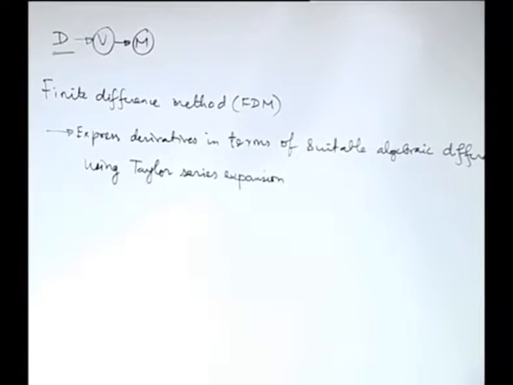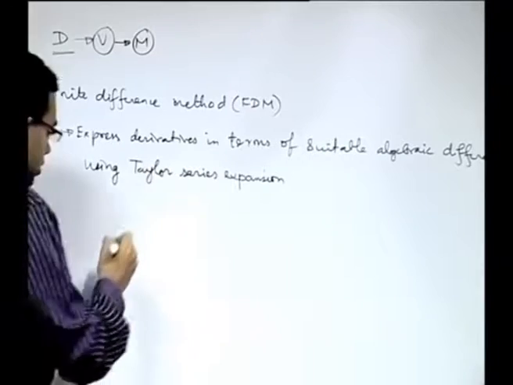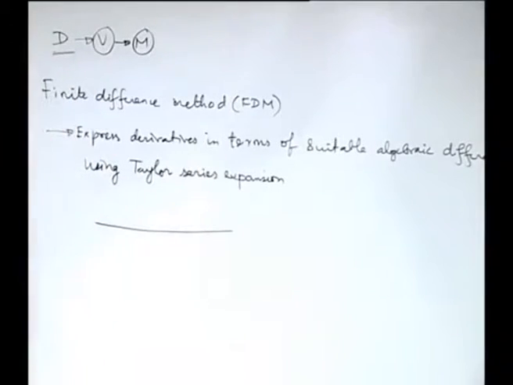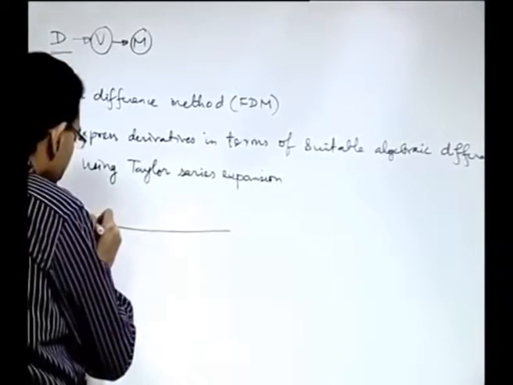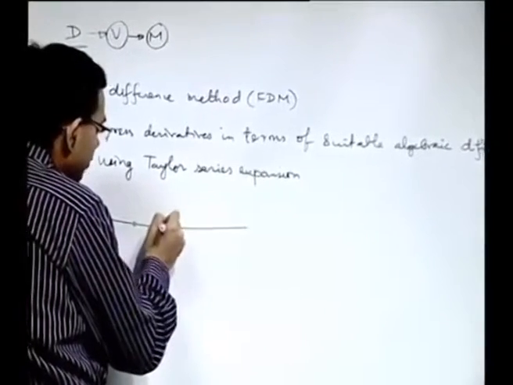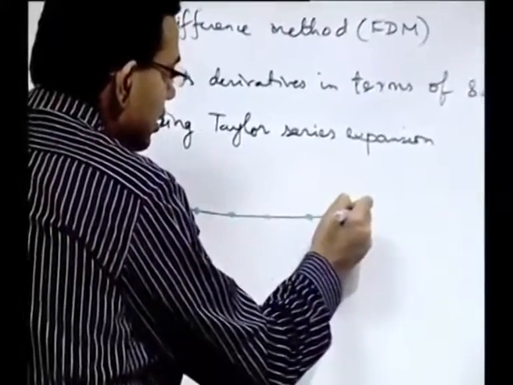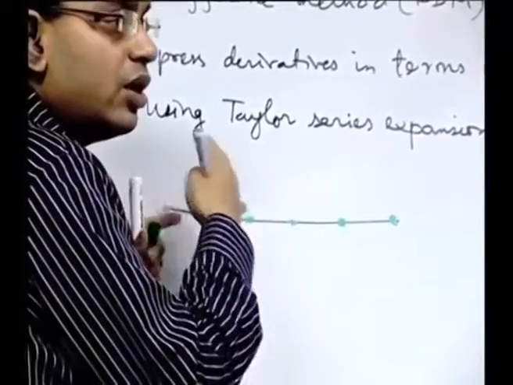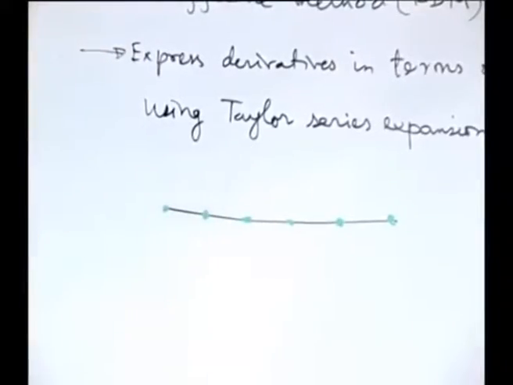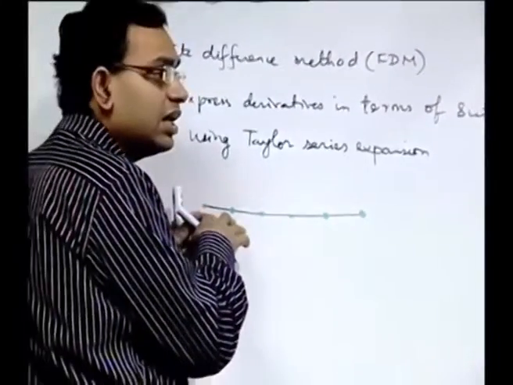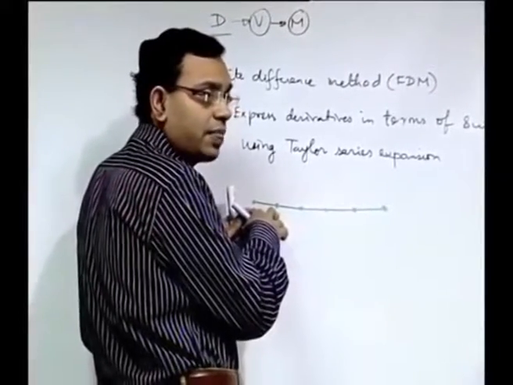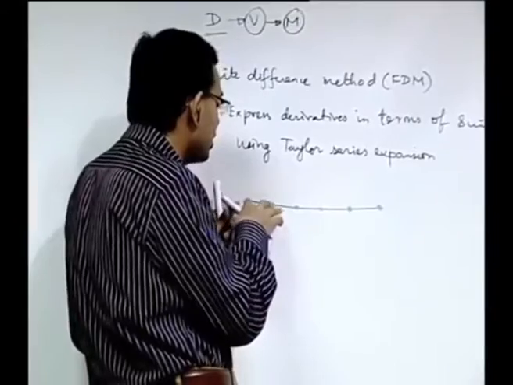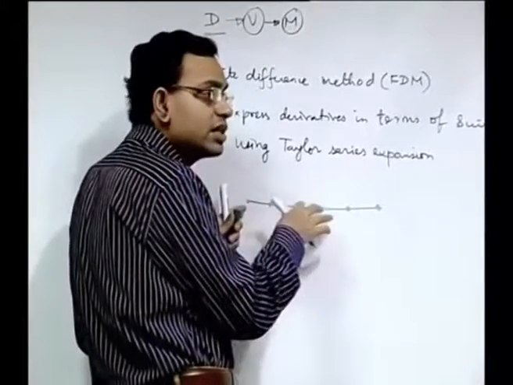Let us see a simple illustration of how we do it. If you have a domain like this, say a one dimensional domain, we identify a few numbers of grid points. So, we actually do not divide the domain into a number of subdomains in the meaning of an element, what we do for finite elements, but what we do is essentially a very similar thing, because essentially we represent the domain by a collection of discrete grid points.